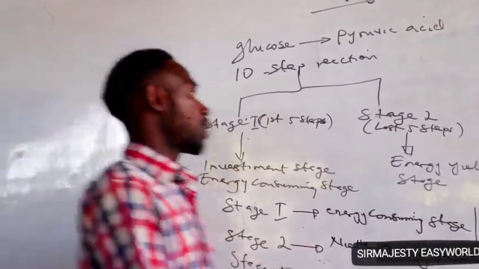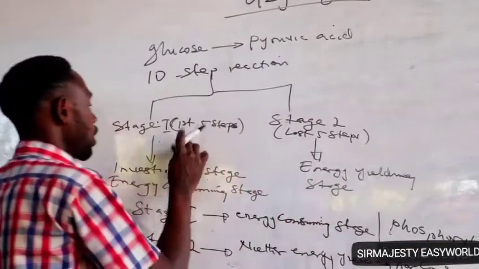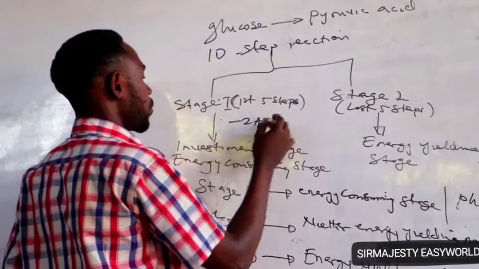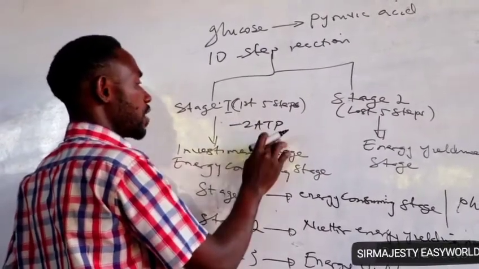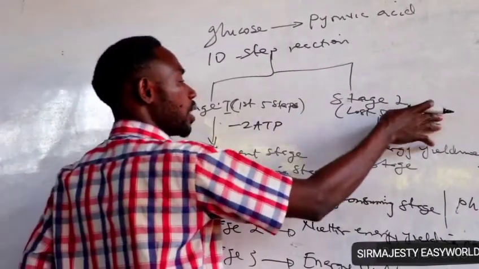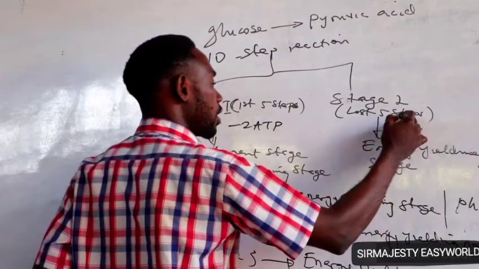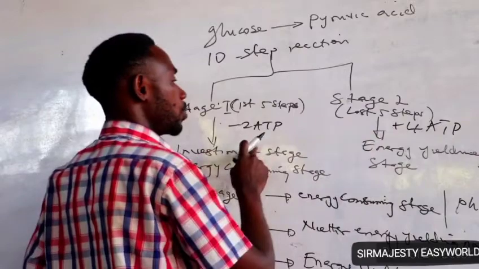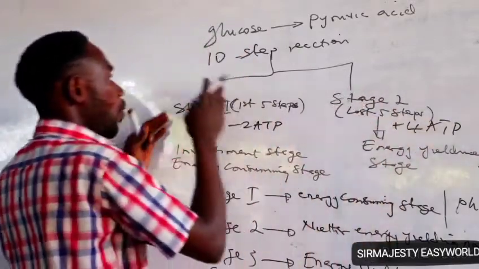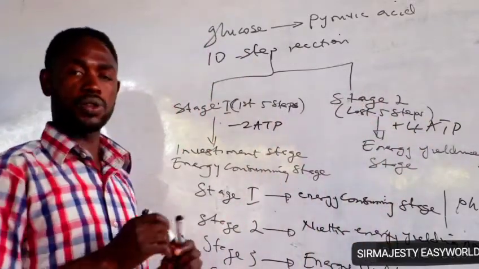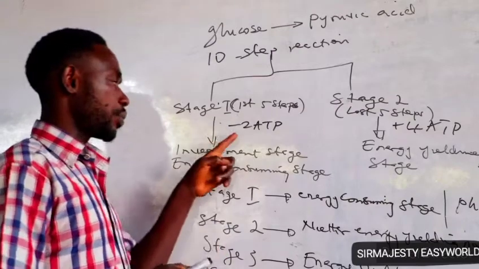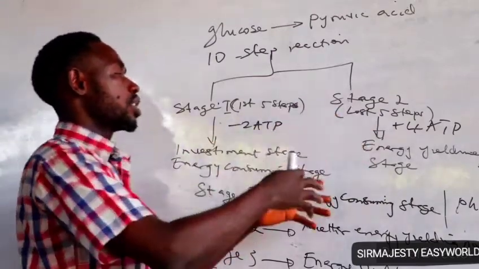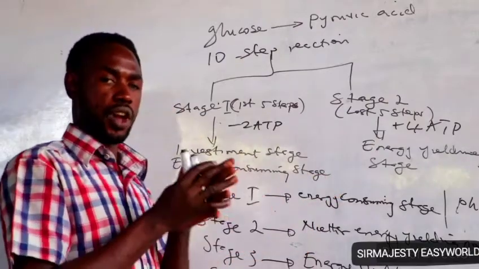So for glycolysis, at the first stage, 2 molecules of ATP are invested, which means you use up 2 molecules of ATP. Then at stage 2, that's the last 5 steps, 4 molecules are provided. So when you say 4 minus 2, the net yield of energy from 1 molecule of glucose is 2 molecules of ATP. The first step uses 2 molecules of ATP, then the second step produces 4 molecules of adenosine triphosphate,